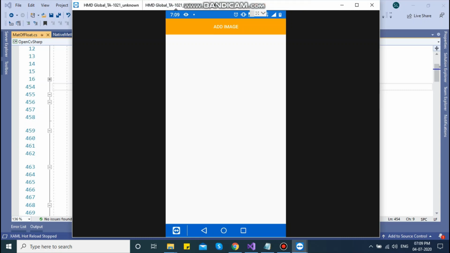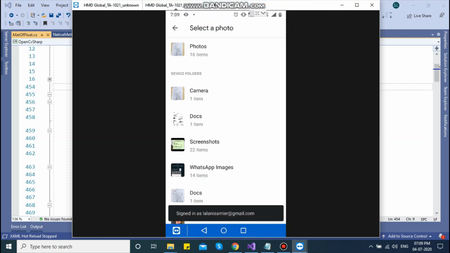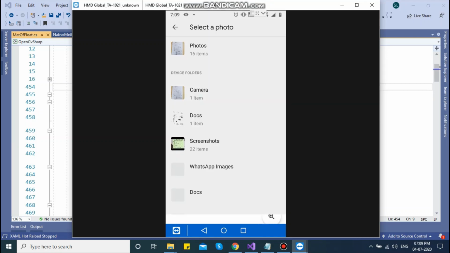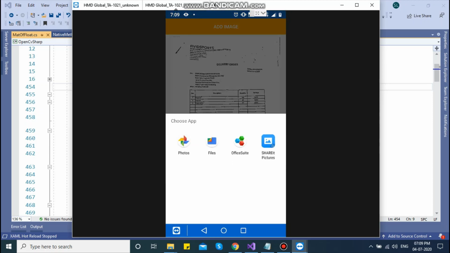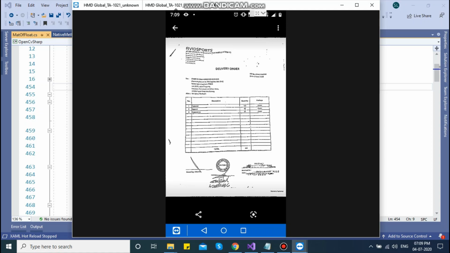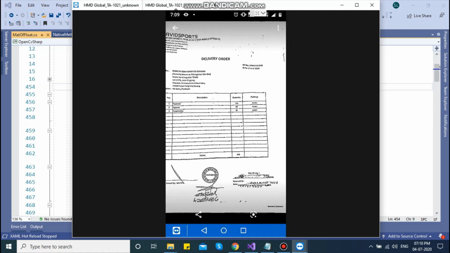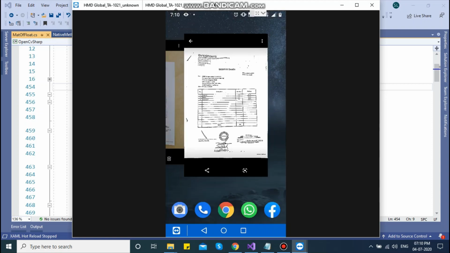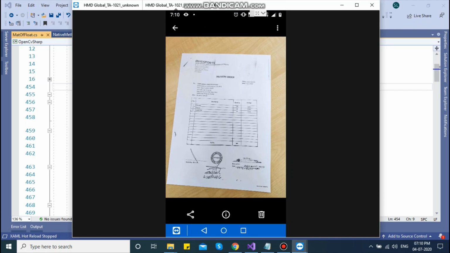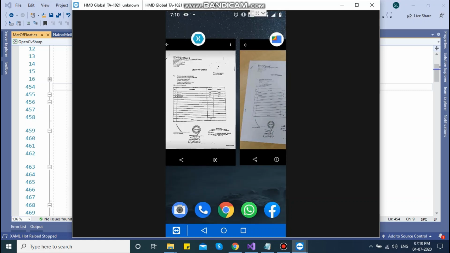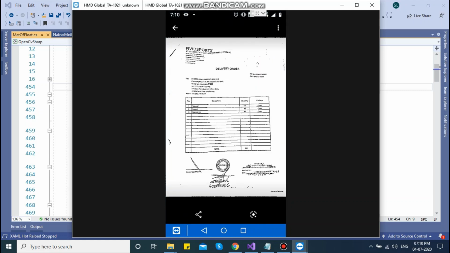So guys, as you can see, my app is running successfully. Now what you have to do is click here. It will ask you to add the image. You need to pick the image, and it's ready. So guys, as you can see, the output is very clear and the image quality is also good. It has converted this image. You can see the image is not good, and it has a background. So it has removed everything and given you a scan type document.